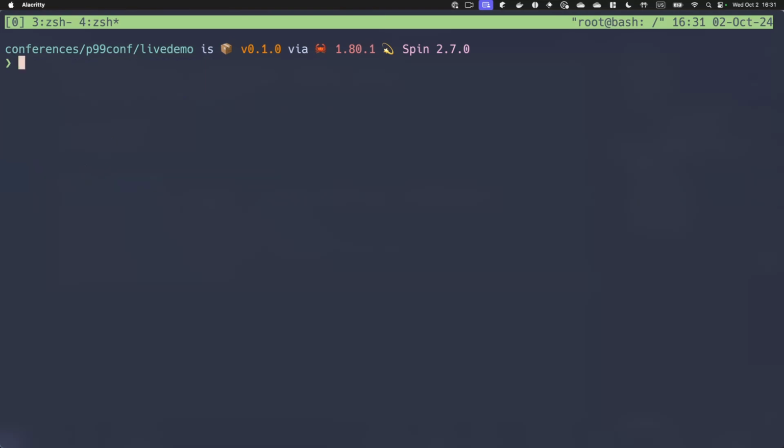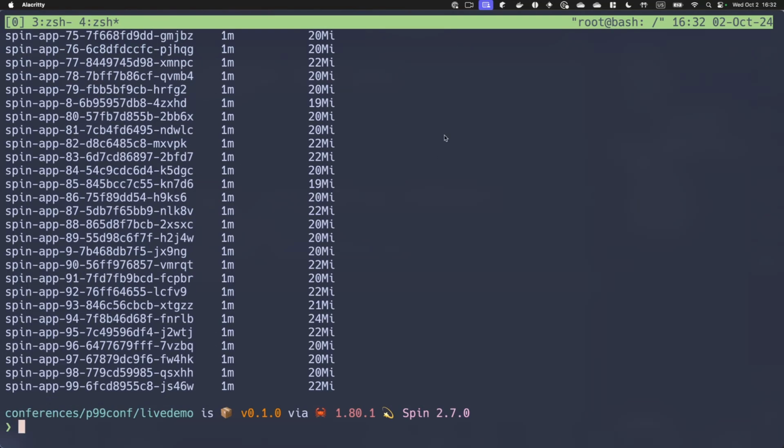If we check the underlying pods of the Spin apps, we can see that an average workload, and by the way, each app is a unique workload doing a different thing, consisting of a different OCI artifact, is utilizing roughly about 20 megabytes of memory and 1 milli CPU when idle. Obviously, there will be spikes for doing actual computation,